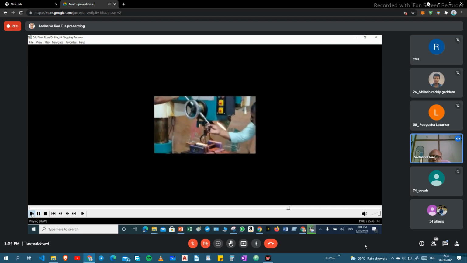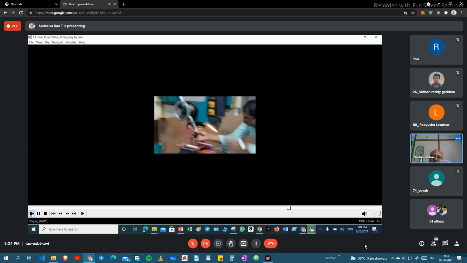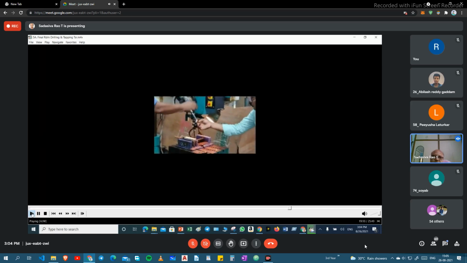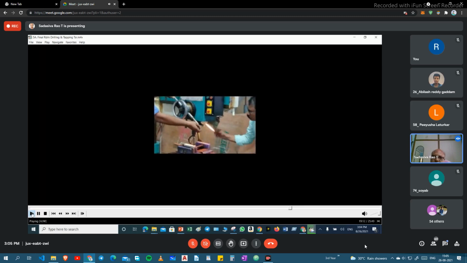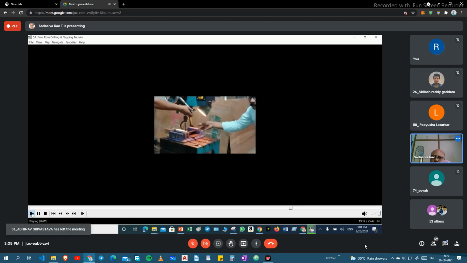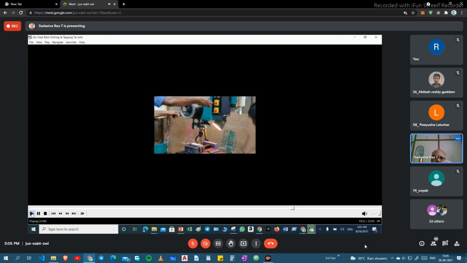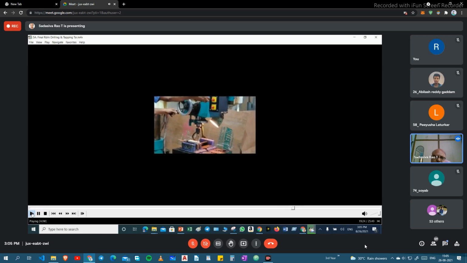Okay, like this you have to set it, then switch on the machine. You can see chips are coming out.